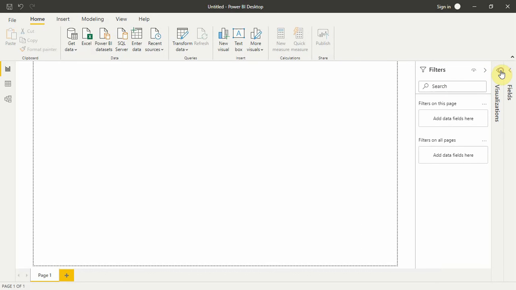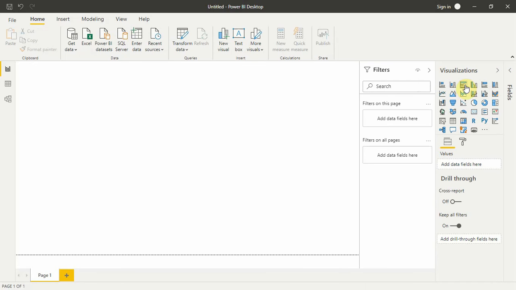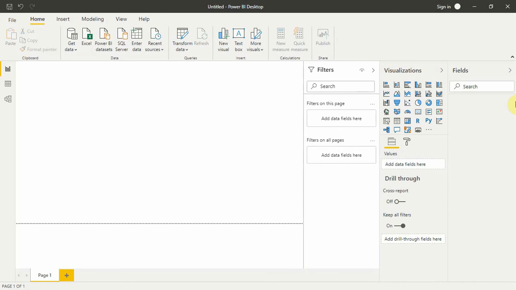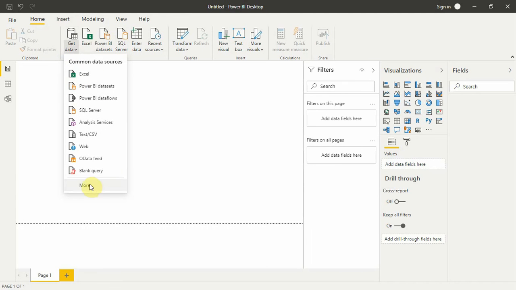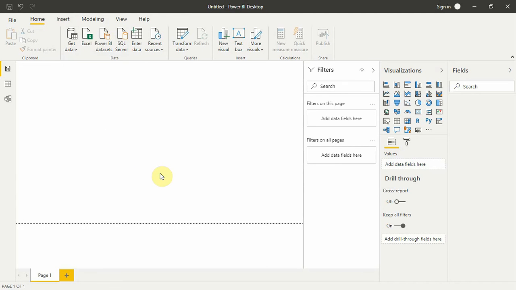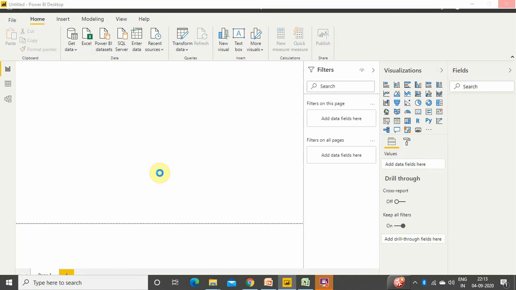So, oops, it's kind of slow on my laptop. So yeah, these are different types of visualizations, and finally it's fields. I'll show you how to use all of them. As you can see right now, fields is empty. Okay, so we'll click on get data because it needs its fuel, and I'll show you how many data types it can take. We need Excel for this demo, but to show the awesomeness of Power BI, and how different types of data it can take, I am showing you what kinds of data Power BI takes.